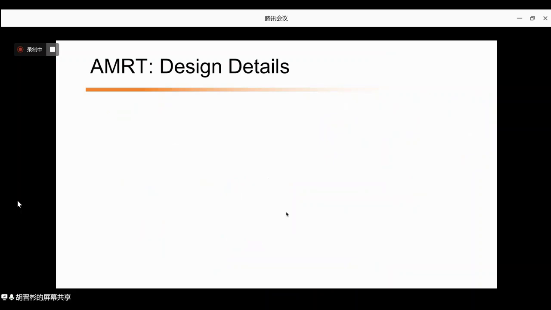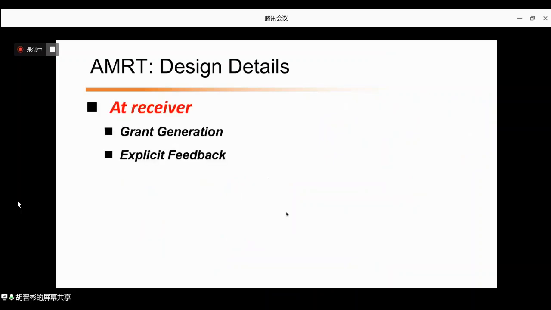At the receiver, for each arriving data packet, a corresponding grant is generated and sent back to the sender. Meanwhile, when an ECN marked data packet arrives, the receiver copies the marked code point and sends the ECN echo flag in the corresponding grant to notify the sender of underutilized link bandwidth.